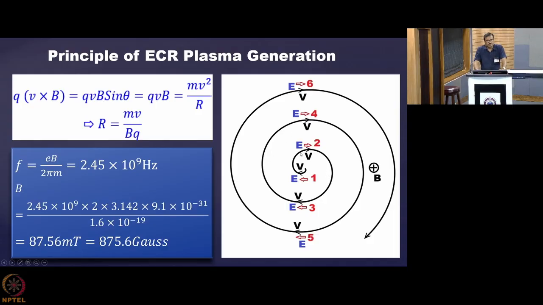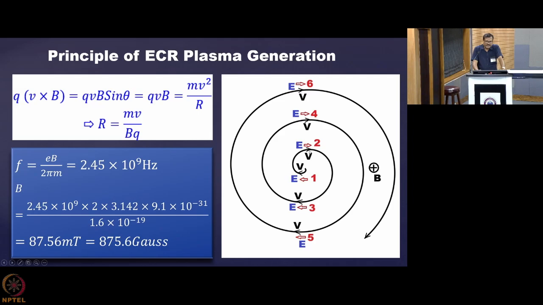Now what I want to emphasize is that the direction of movement of the charged particle is changing. So one say in left, then right, so it is rotating like this. Now imagine that when this particle is in this direction, if we apply an electric field in the same direction, then the particle will be accelerated. Its energy will increase, and it will start orbiting at a higher orbit of higher radius. So it moves like this.